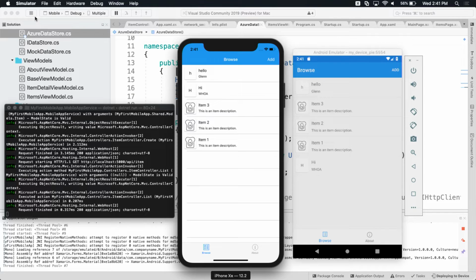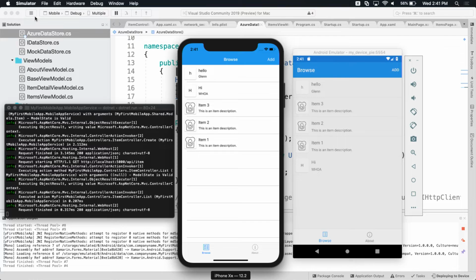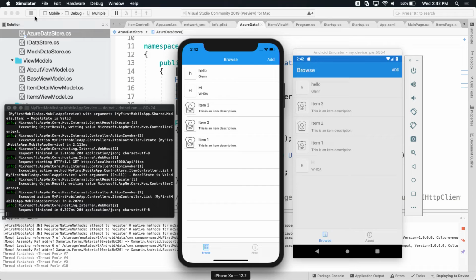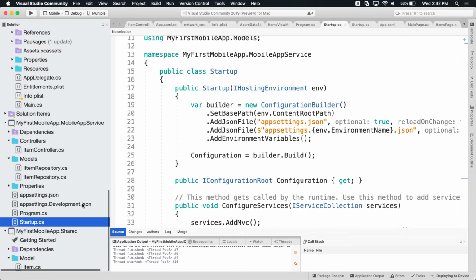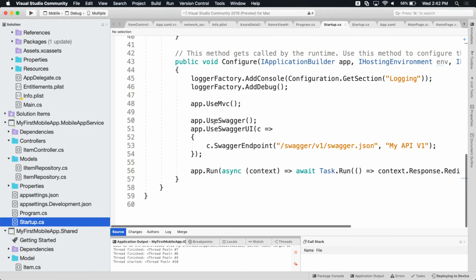Now, if I did this on Windows, it becomes a little bit tricky. The Android emulator runs on Windows just fine, so that IP address is still the same, so it works. The problem is if you use our remoted iOS simulator for Windows, that iOS simulator is running on your Mac over there. So I'll just go and run my ASP.NET Core over there on the Mac, and then I can actually debug it and things like that if I need to. And the reason this all works, by the way, is because this is all running on Kestrel.